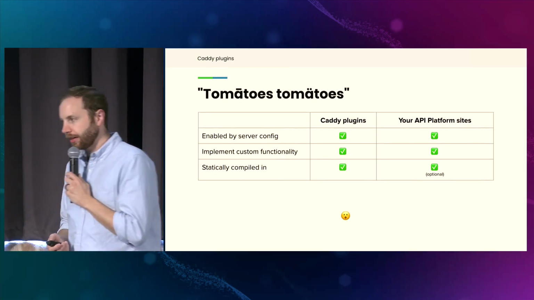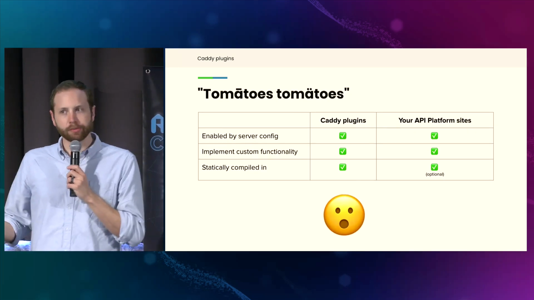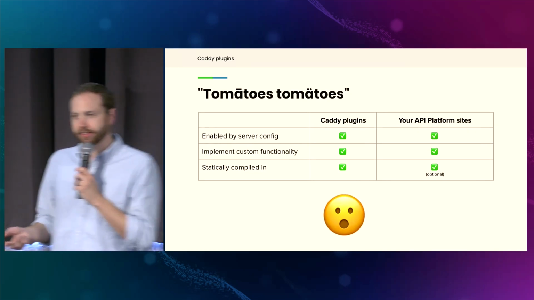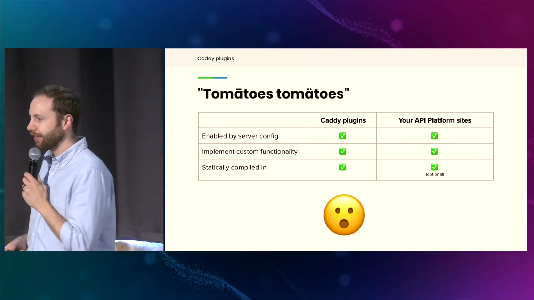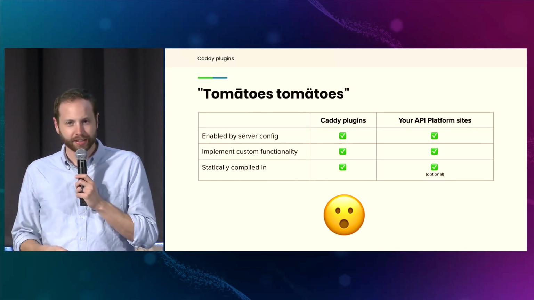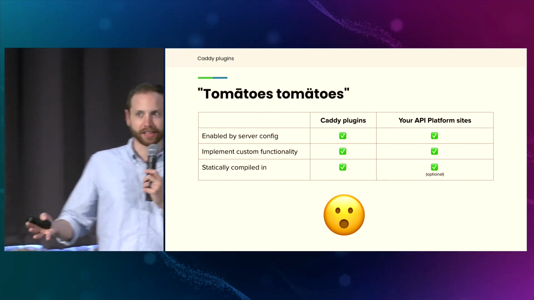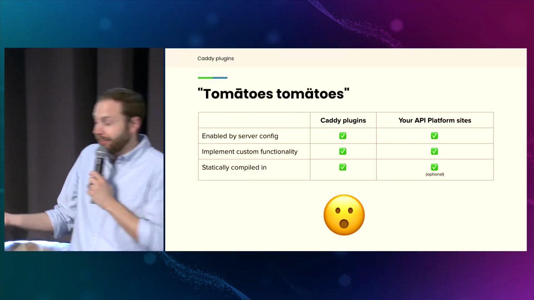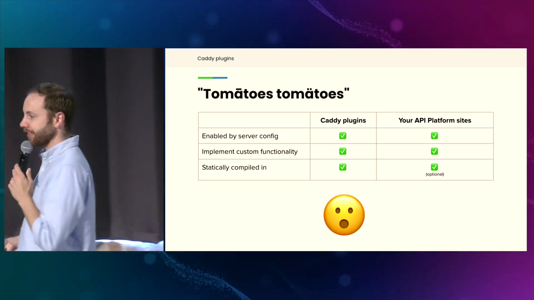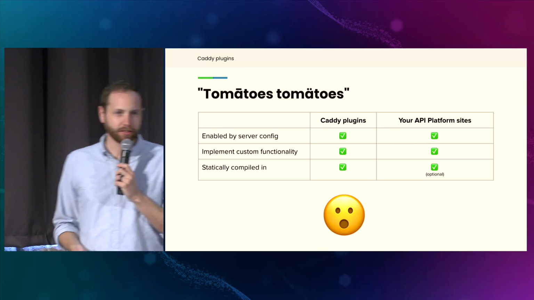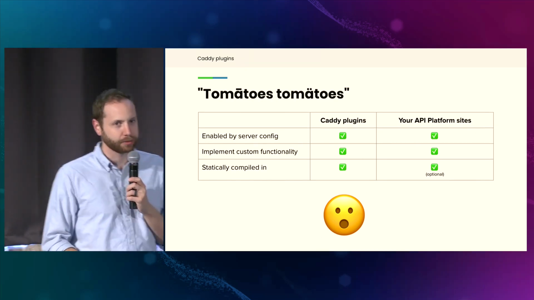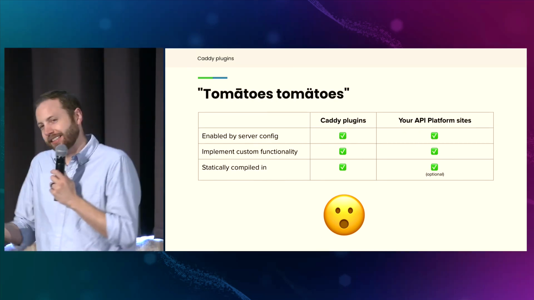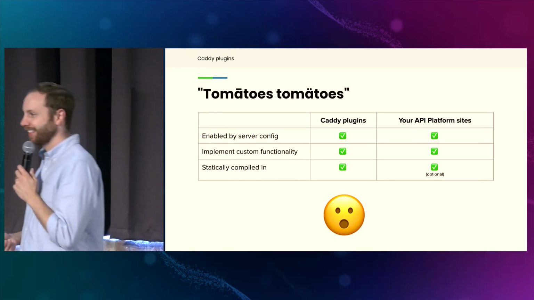And so I realized that all your PHP sites are kind of extensions to your web server with this architecture. Well, that blew my mind. So I guess you don't even have to learn Go to extend your web server. You can just write a PHP script and compile it in with FrankenPHP, and I don't know, tomatoes, right? So